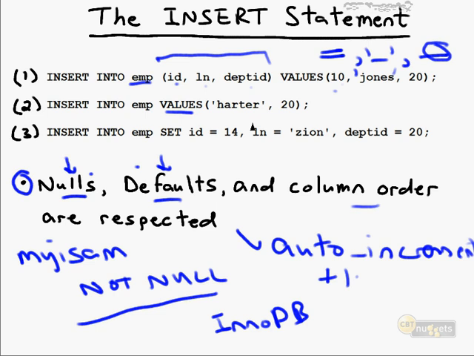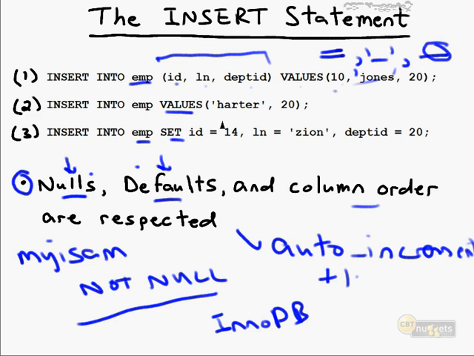portion of this lesson. Now then, I've just shown you the first of two syntactical variations for insert, and that is where we say insert into the table, optionally our column list, values, and then a parenthesized set that's going to correspond to a row insert. The second way to do your insert syntax in MySQL is to write insert into destination table and then use